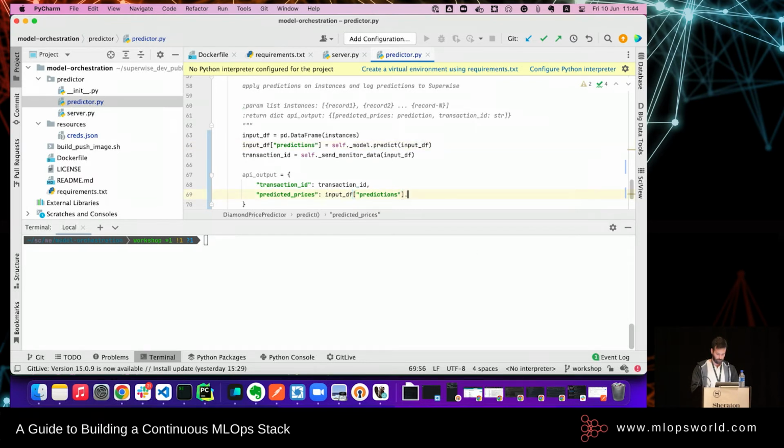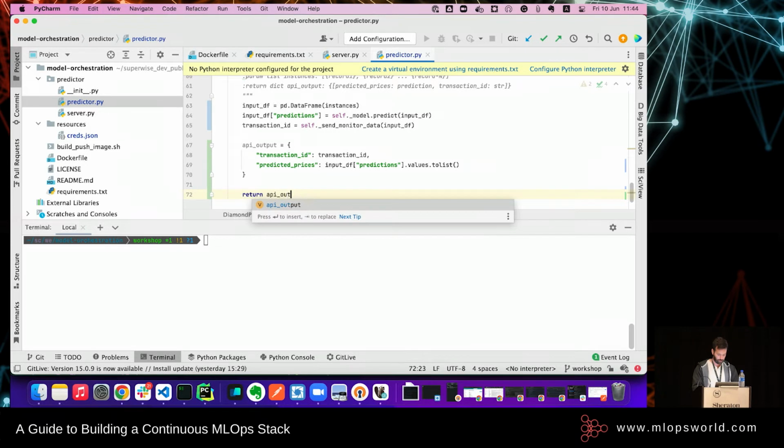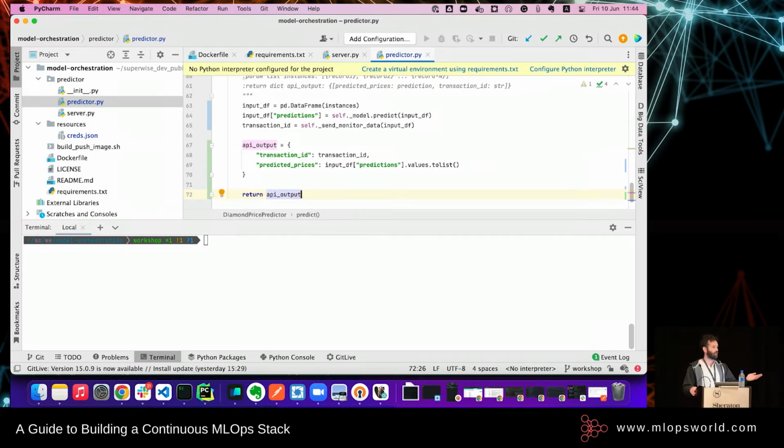Great. Dot values to list, and that's supposed to be what we want, and we can return it. So everything I've done is pretty clear and obvious, I guess, right? Any questions? Perfect.